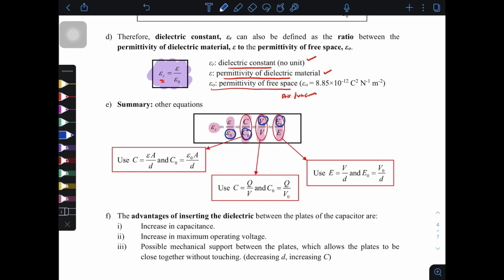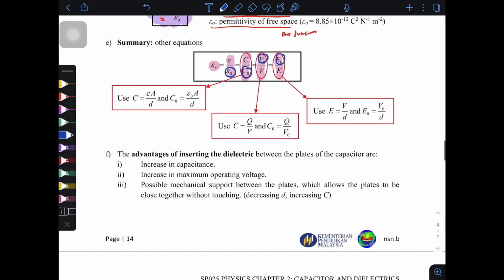Okay, alright, so this is among the famous questions, the advantages of inserting dielectric materials between the plate of capacitor. The first one kamu boleh jawab, to increase the capacitance. Number 2, increase in maximum operating voltage. And number 3, possible mechanical support between the plate which allow the plate to be close together without touching. Maksudnya,